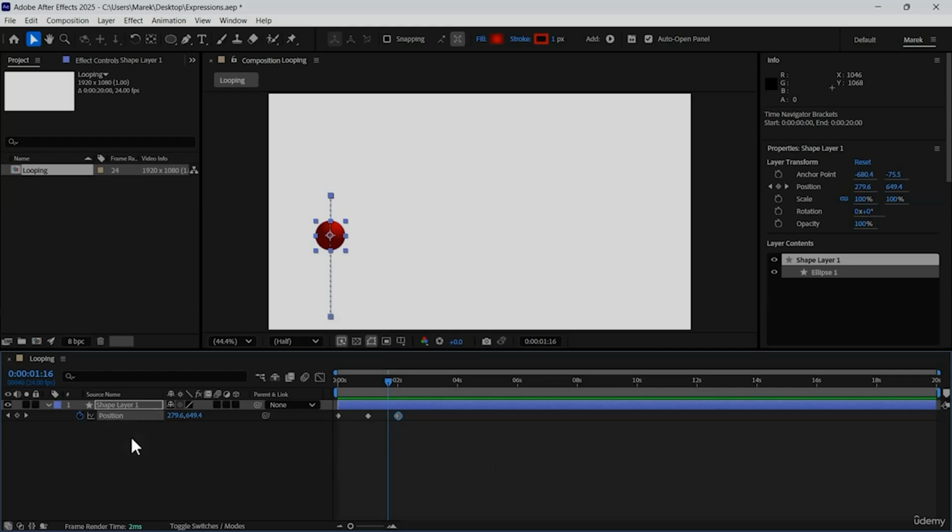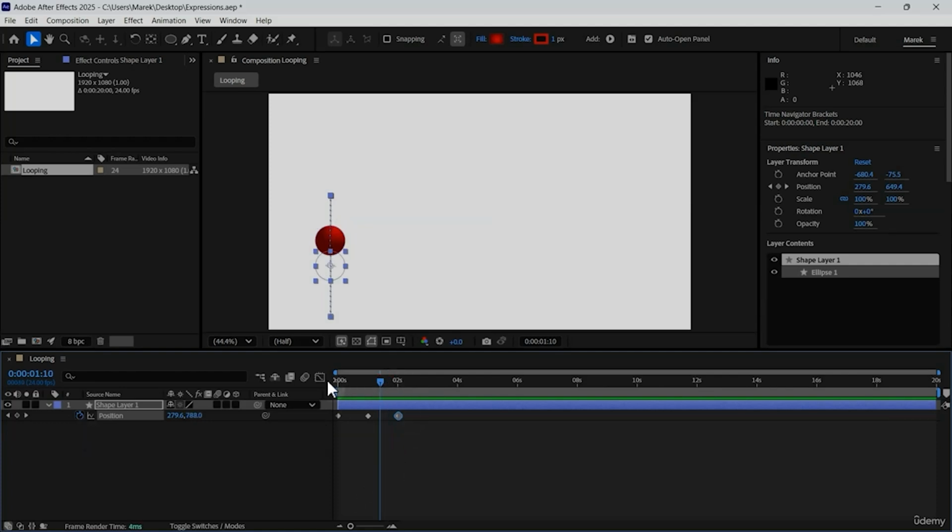So the property will have keyframes, like a position, for example, where you have the stopwatch, which is in blue at the moment. If you put a cursor over the stopwatch, you get this tool that says that you can add an expression with the Alt click, or Option key click on the Mac. Now, just before we do that, because we want this animation to loop,